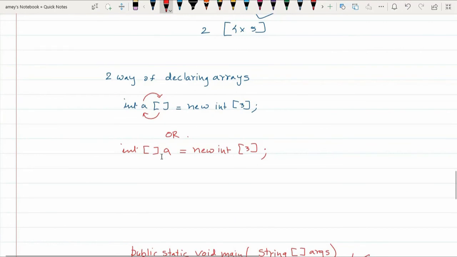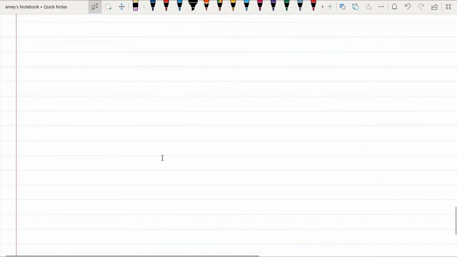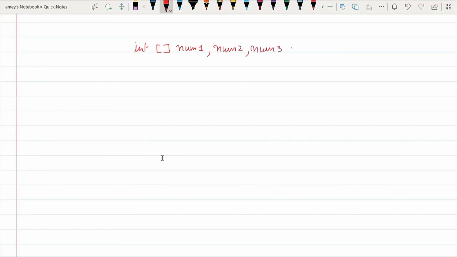And Java goes one step ahead, and if you want to create 3 array reference variables, you can create them like this. Suppose you want to create 3 reference variables, each representing an array. You can write like this in one line. You can say int, then bracket, then num1, num2, and num3.